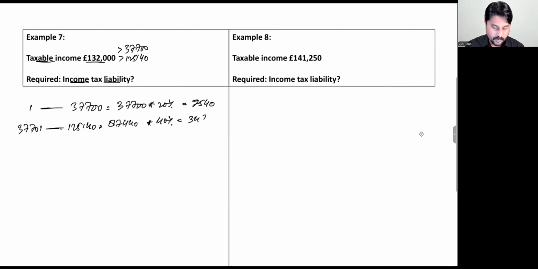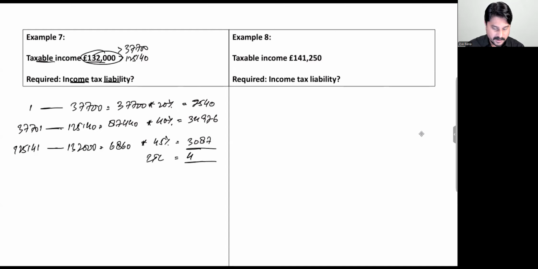40% is multiplied, 34,976, and from 125,141 to your total taxable income of 132,000, if we deduct 125,140 from 132,000, the difference would be 6,860, on which 45% is multiplied, 3,087. The sum of all these will be your total income tax liability, that is 45,603. Recheck point: if you add all these three amounts, the sum must be equal to your total taxable income,